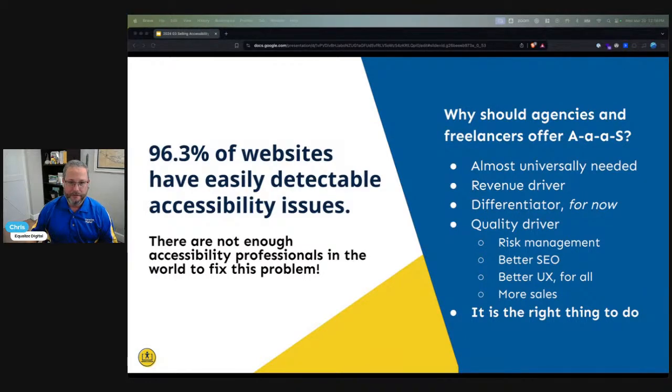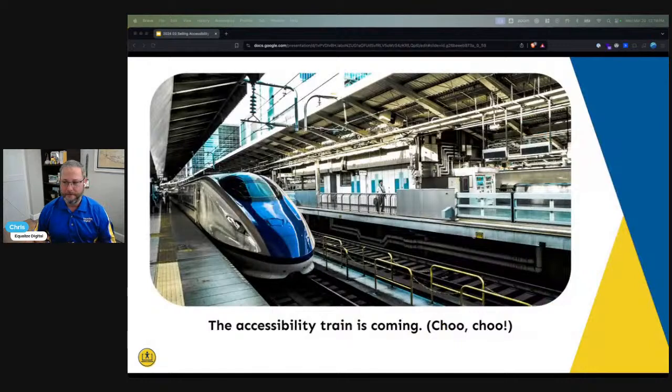So I'd like to move on and talk a little bit about what I call the accessibility train. So the accessibility train is coming. What do I mean by that? Well, there are major accessibility laws and regulations already on the books or proposed coming down the pipeline in the United States and abroad. Most organizations, for instance, doing business in or located in the European Union will be required to have accessible websites by next summer of 2025. There is a deadline coming. This is a law that's already on the books in the EU.